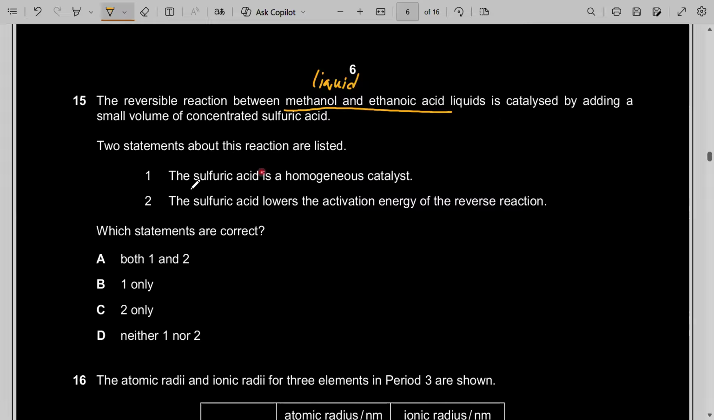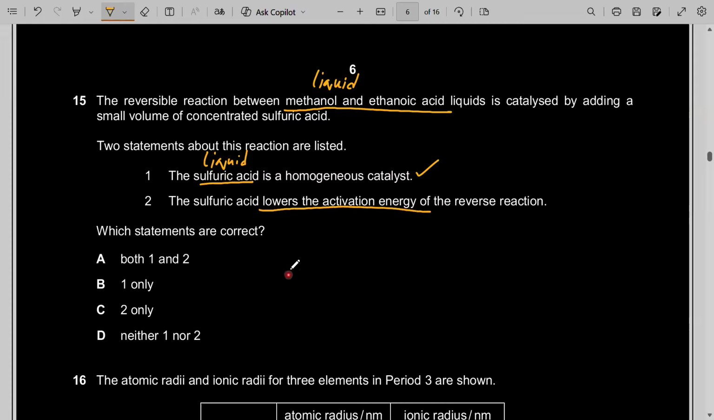And the sulfuric acid is also the liquid form or the aqueous solution. You can either say liquid or aqueous, both mean the same. So for this reason, statement one is correct. Statement two says the sulfuric acid lowers the activation energy of the reverse reaction. So the catalyst performs its action by lowering the activation energy